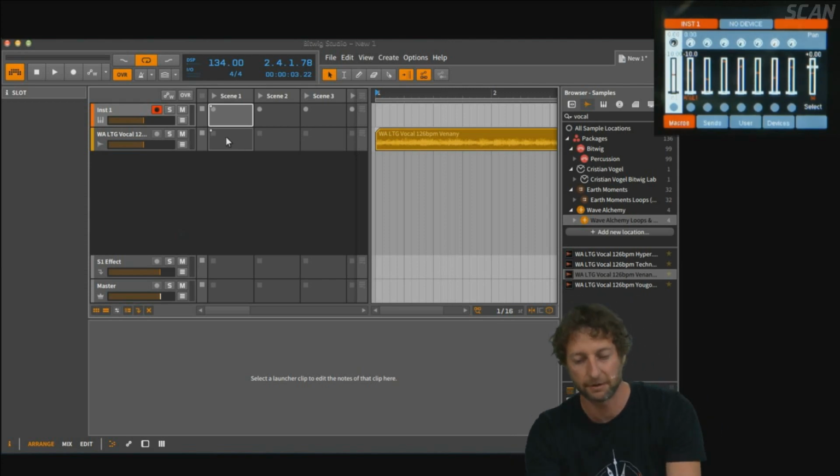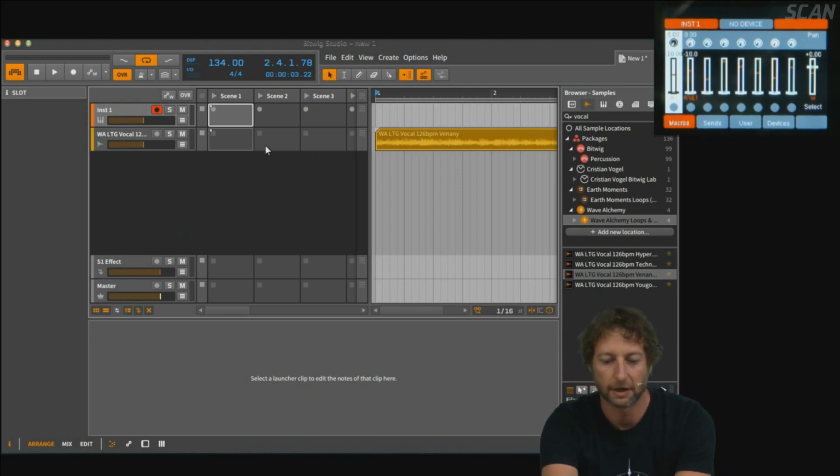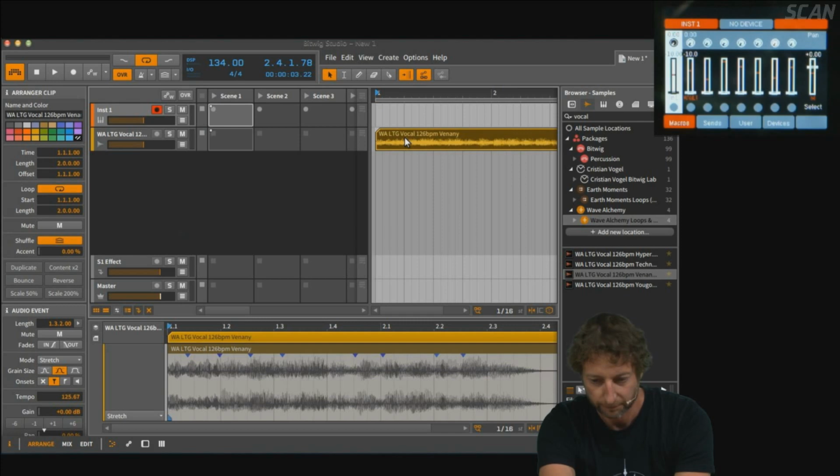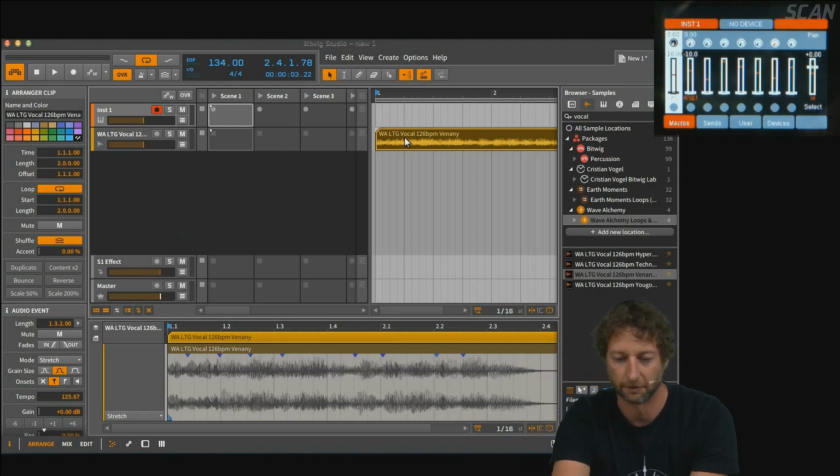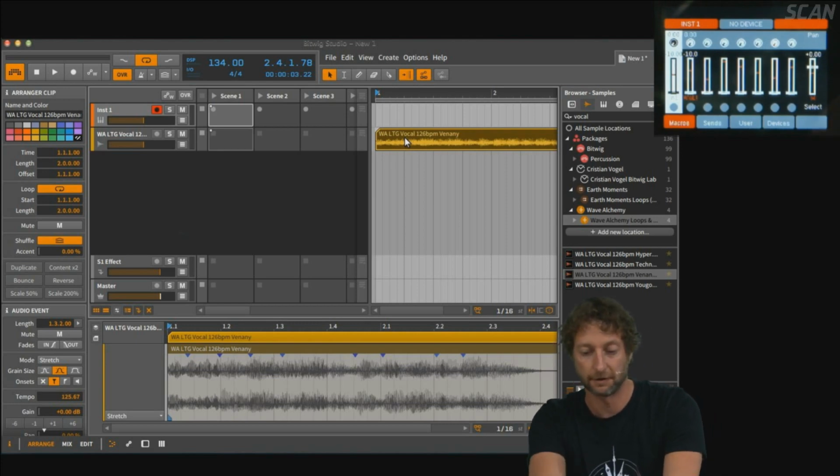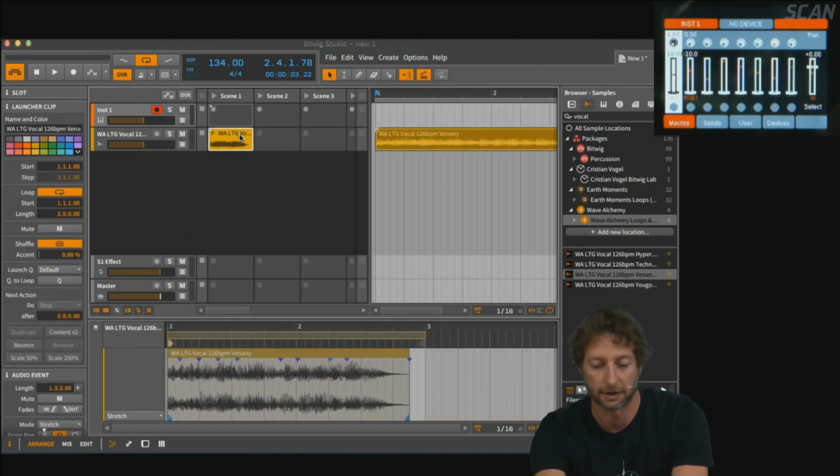There's two sequences. You have this linear arranger type way of working, and then you have this loop-based way of working. I also find the looper useful as a way of storing variations of a loop I might be working on. I'm still, some may say, old-fashioned, and I prefer working in an arranger type way. However, I do find the looper useful for many ways, and one of the things you find yourself a lot doing is holding down the Alt key and then dragging in the clip so that I can make a variation